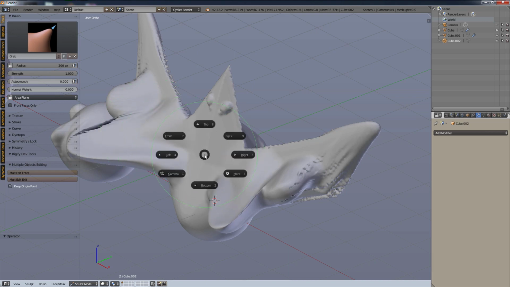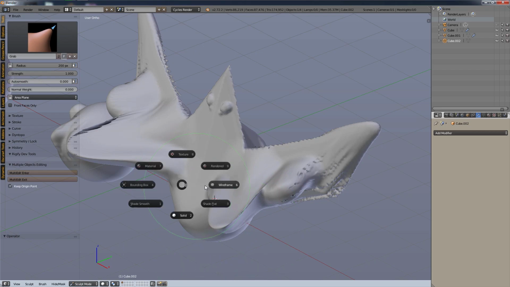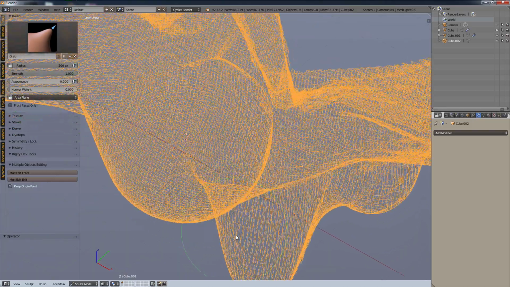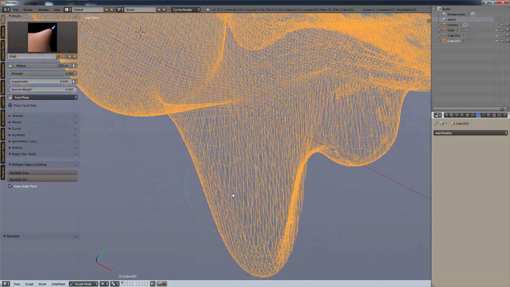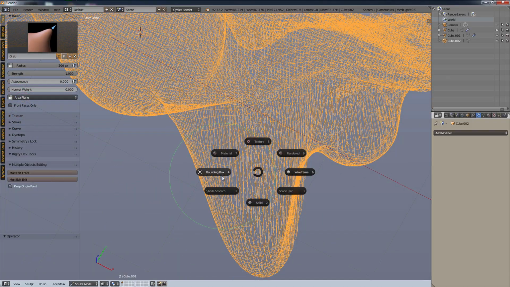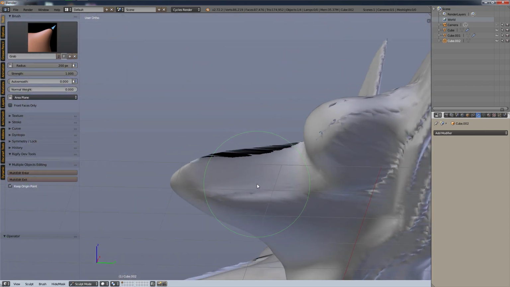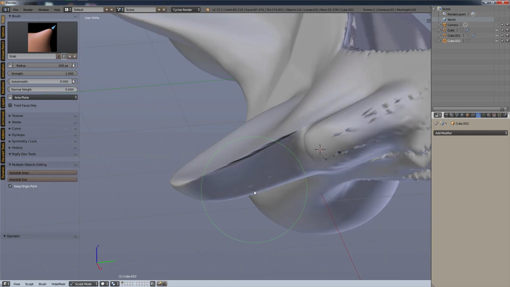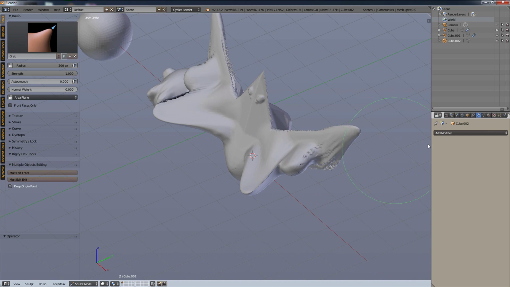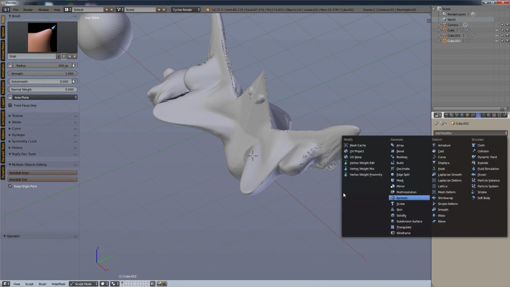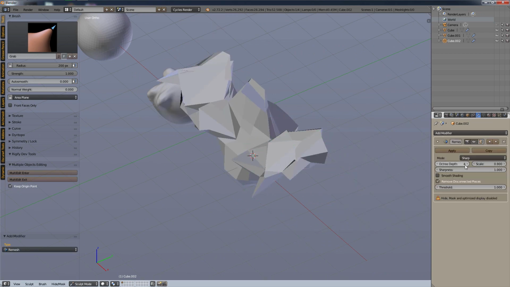If you go into wireframe, you can see that some stretching starts to happen. So the faces aren't perfect again, and you can see we get a little bit of artifacting again. So what I do is I just simply use the remesh modifier again, and I adjust my settings